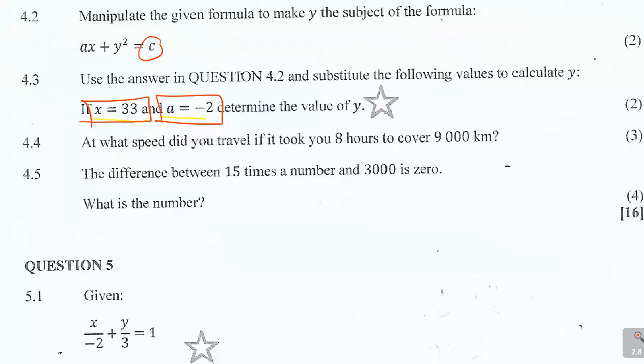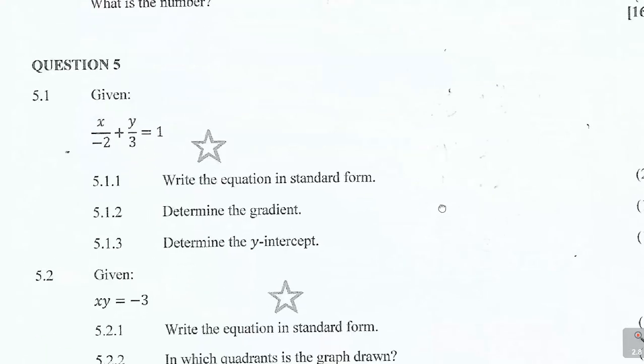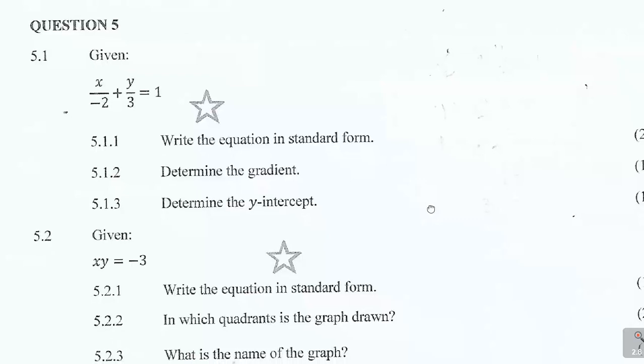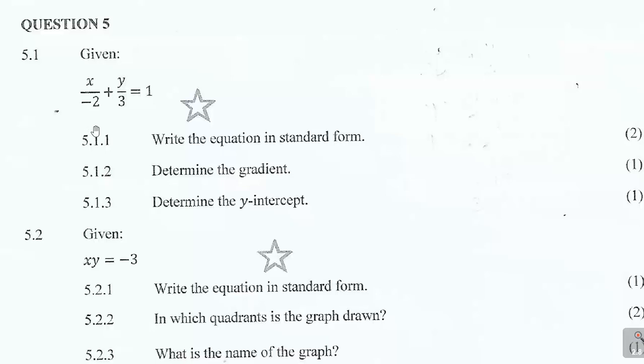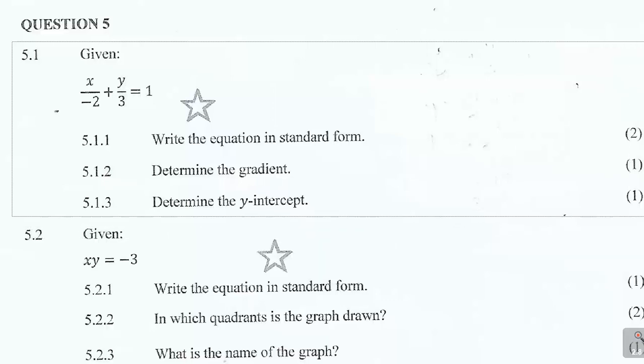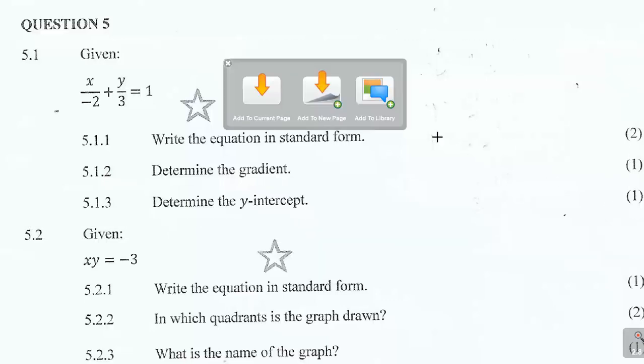Alright, so let's move on to question number 5. So that was 16 marks there. Let us move on to question number 5. We're almost wrapping it up now. It's almost there. Just hang on there. I know it's heavy, it might be tiring, but just hang on there. It's almost the end. It says given. So what am I given here? If I can take the whole of this question in a way, because it communicates as one thing.